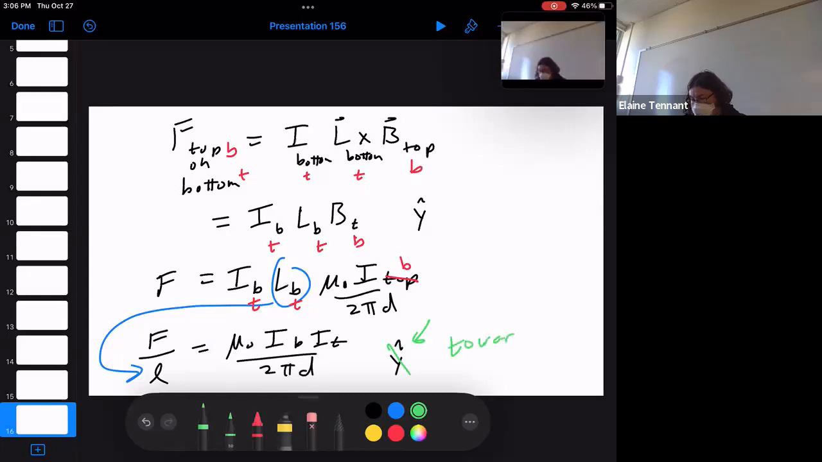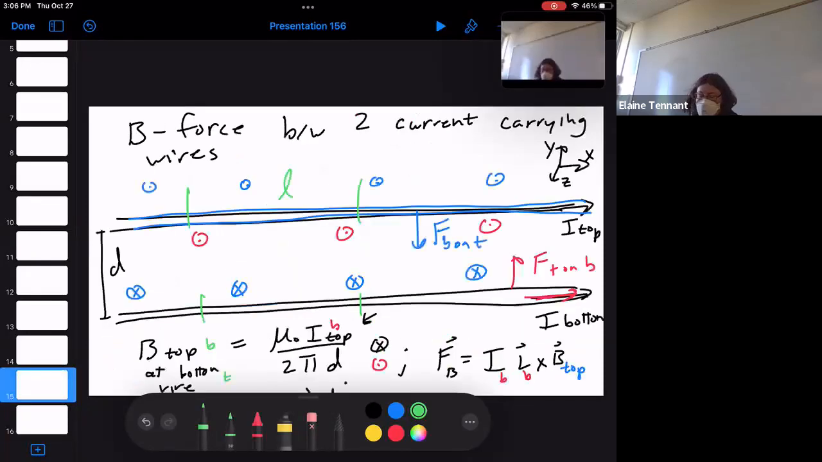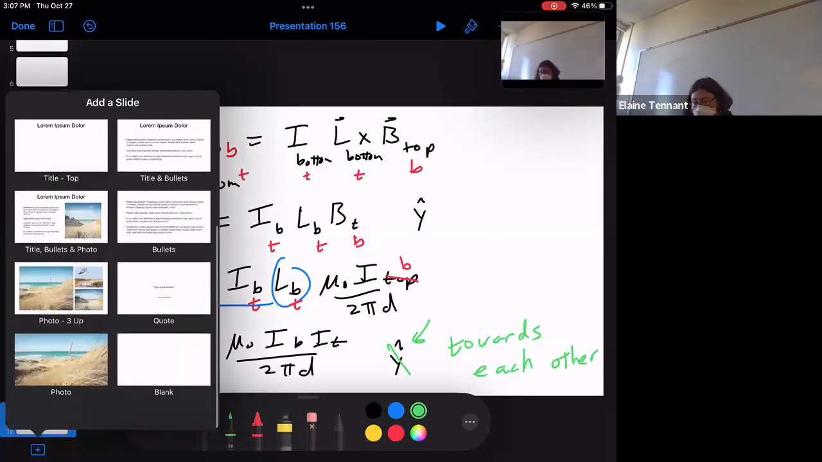Towards each other. And that should kind of make sense to you if you start thinking about these wires as magnets, where they have a north side and a south side. And if their magnetic fields are lining up, north, south, they'll want to come together, right? As opposed to a situation